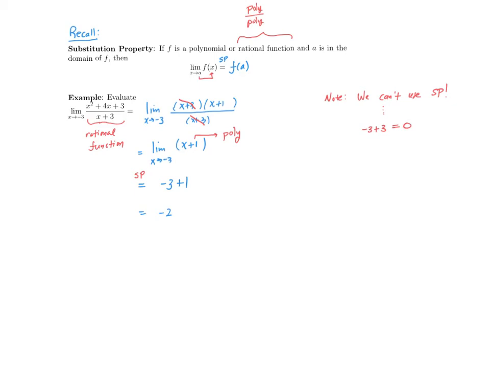So let's look at another example. Moving on to our next example, this is a very common example. What we would like to do is evaluate the limit as x approaches 0 of the given function. Now, intuitively, what we want to think about is, can I just simply plug in 0? And in this case, you certainly can, in the sense of getting back a number. The function is defined at 0, but the problem is, this is not a rational function or polynomial because of the square root,